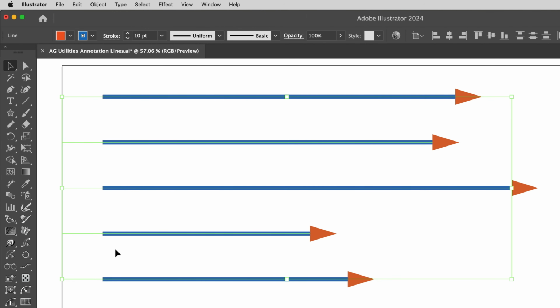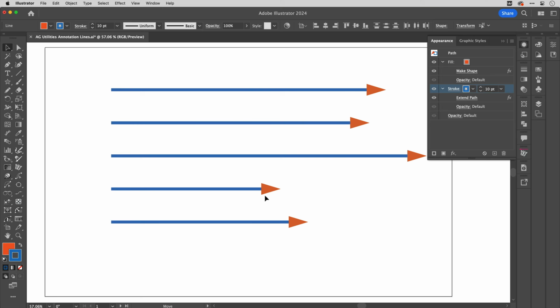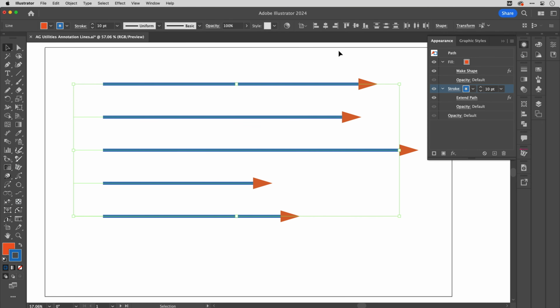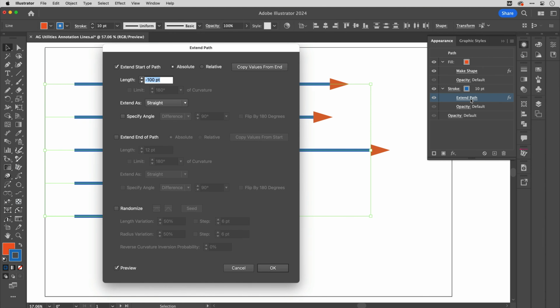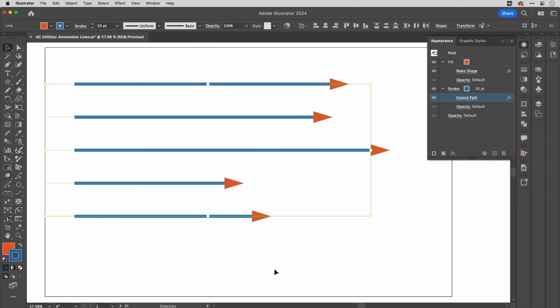And so what this enables is wherever these annotations wind up, moving them around on my artboard, if I decide I want to realign them to the artboard by using the Align options, I'll always have that built-in margin that is completely adjustable because I can select all of my paths, click on the Extend Path effect, and make adjustments. And I'll click OK. And one last step to close the loop.